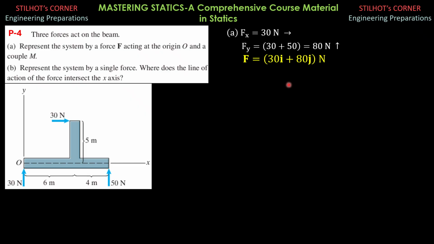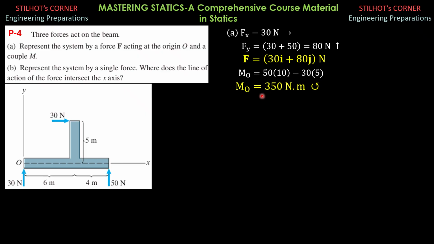So that's the force, and now the moment. This time counterclockwise is positive. So M_O is equal to 50 times 10, then minus 30 times 5. So M_O equals 350 newton-meters. So that's also the couple M